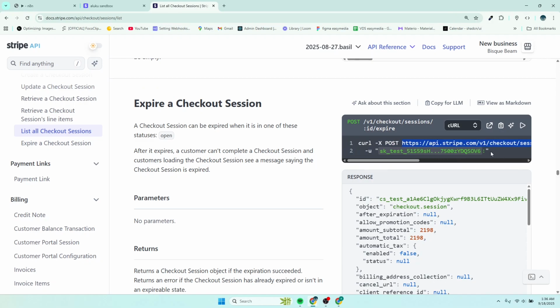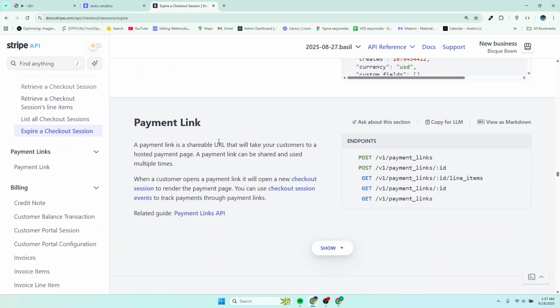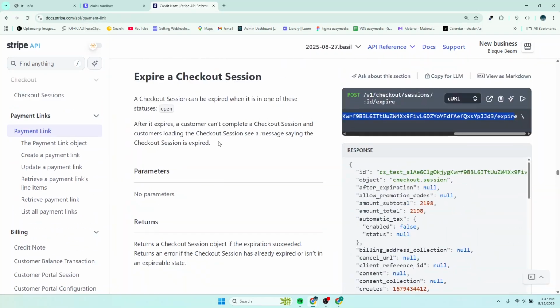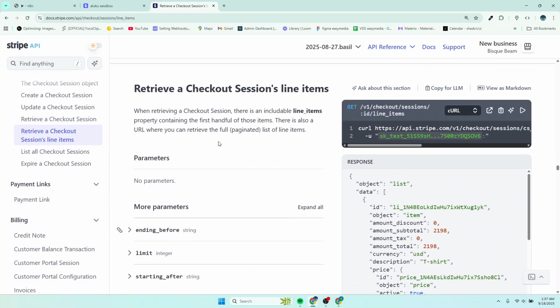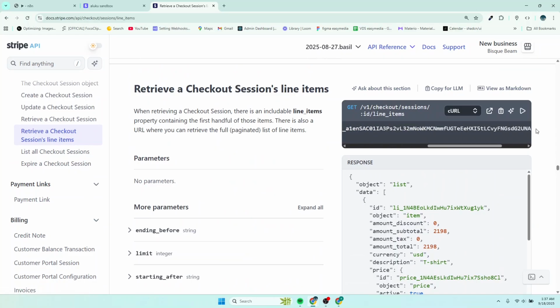Then you also need to authenticate, because Stripe is not going to allow anyone to get data from this URL using the session ID if that person is not authenticated. This one here is a secret key, so we need to pass a secret key connected to our account. So let's do that. First of all, I'm just going to copy the whole of this. This is the session expire. We want session items, yeah, line items. So for the line items, we are going to copy